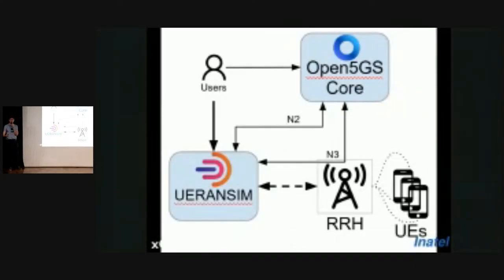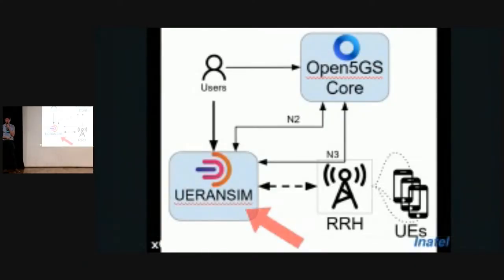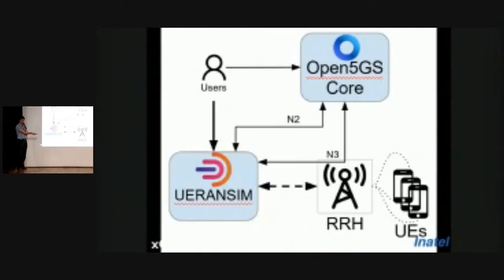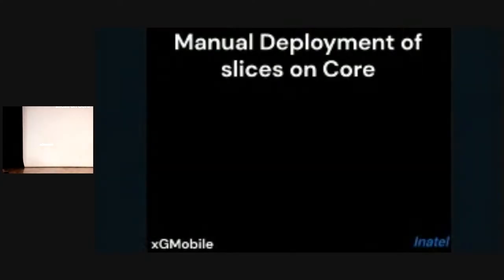For example, we implemented our own simulation, named My5G-RANTester, and use two. We tested many tools considering this scenario. We play again. The first thing is the manual deployment of slices in the core.